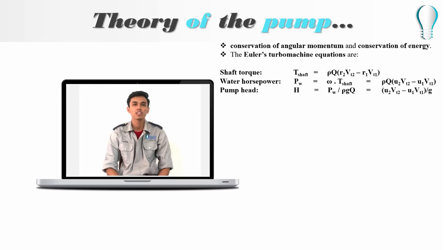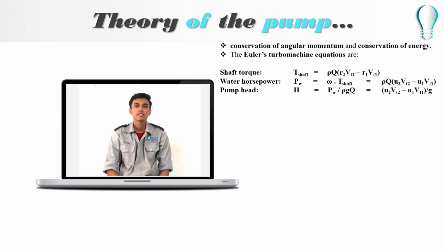The second formula is water horsepower, PW equals omega dot T shaft, equals rho Q bracket U2 VT2 minus U1 VT1. And the last formula is pump head, called H, equals PW divided by rho g Q, and equals bracket U2 VT2